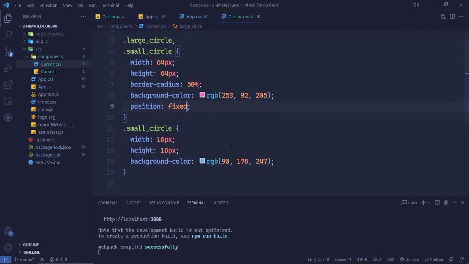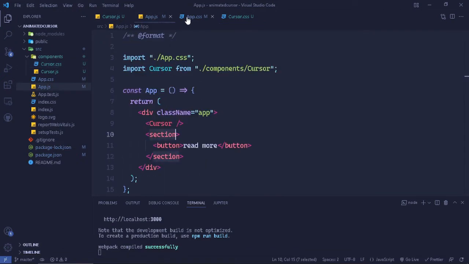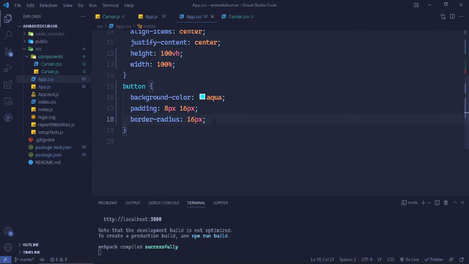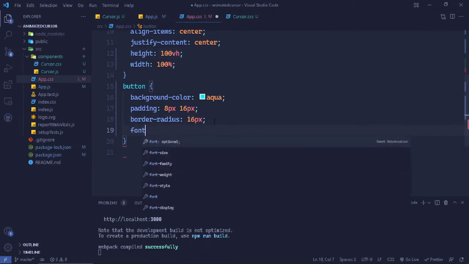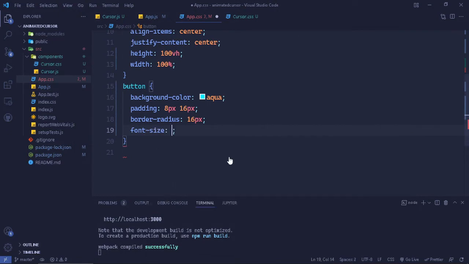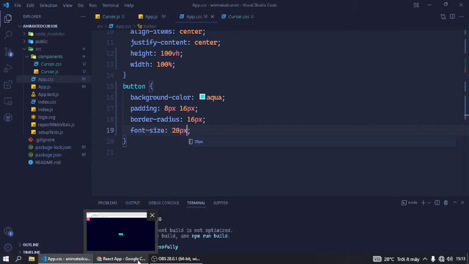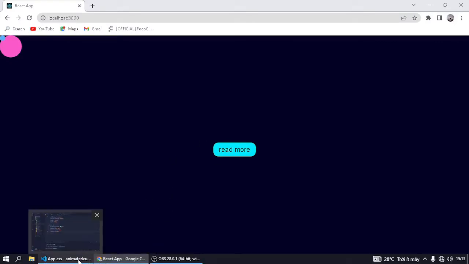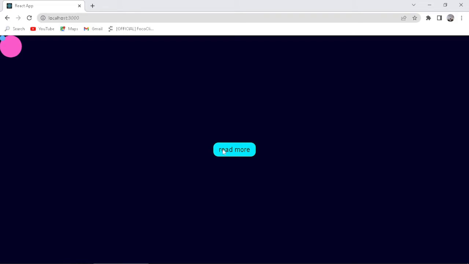Then I'll also adjust the size of my button font by giving it a font size of 20 pixels, like that. Yeah, it's much bigger now. So the next thing is to start working on these circles, you know, following